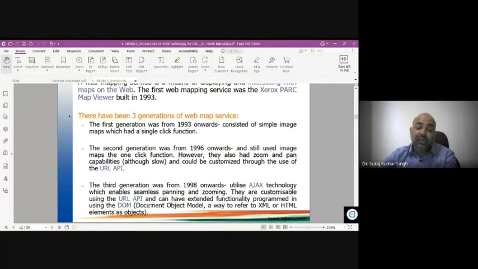DOM is the Document Object Model. You can create the document model in the DOM, just like a Word file, and upload that into the API. The API is the server where you can customize the browser, create the pan and zoom, and at last put that into the web service. Getting it? Okay, this is how everything you see in USGS or Bhuvan is created: using these portals, these APIs, and this DOM.